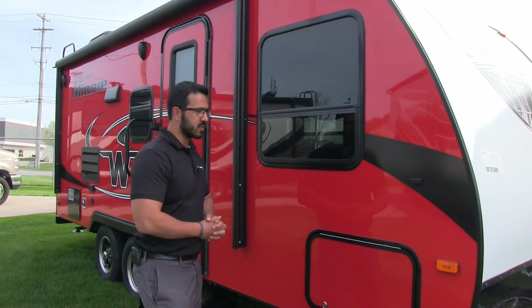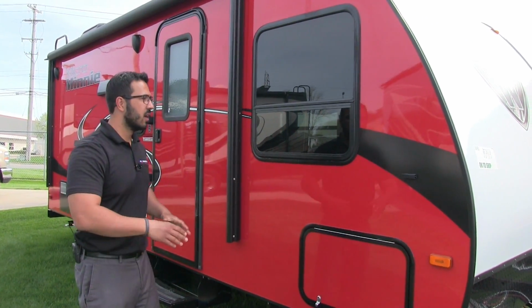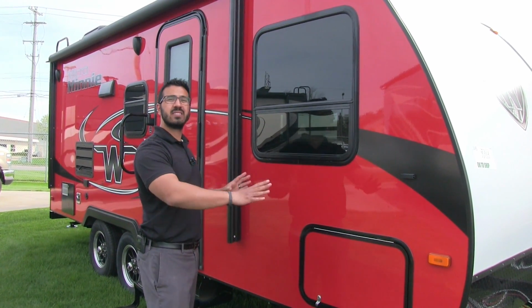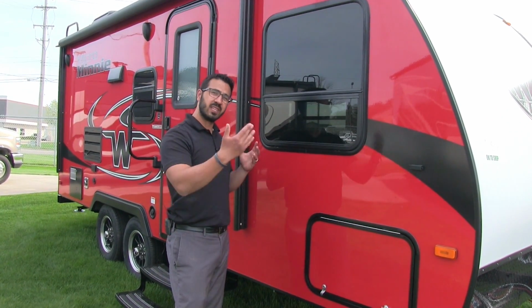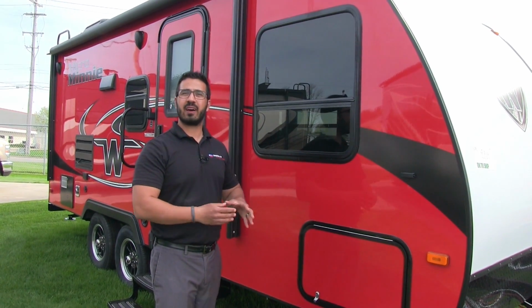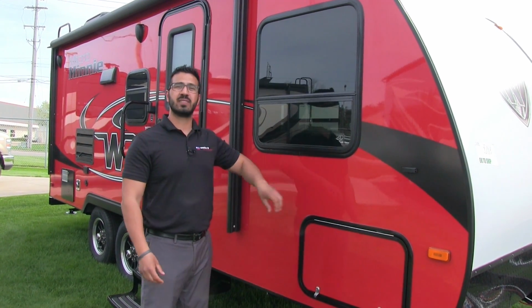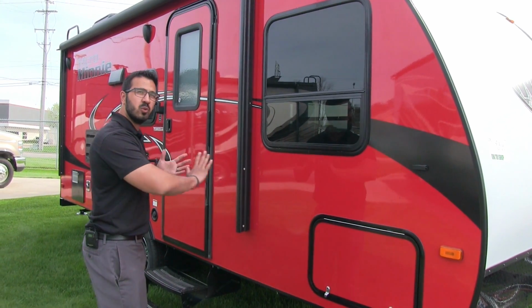So let's talk about the sidewall a second. You'll see this is a beautiful cherry red exterior. This is one of the best sidewalls in the towable industry. They use a T60 fiberglass sidewall rather than what most manufacturers are using in this class, which is essentially fiberglass that will be on a roll. This is the same fiberglass that they have on your $80,000, $90,000 fifth wheels, and the reason they use this is because it doesn't show near the fibers, and if you take a look, it is a smooth surface